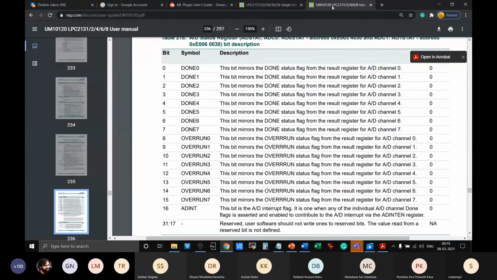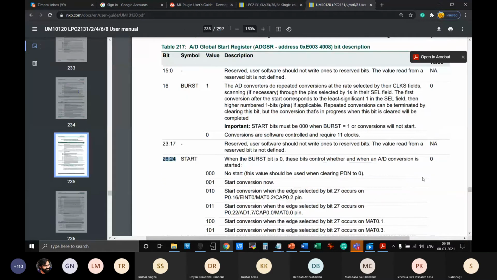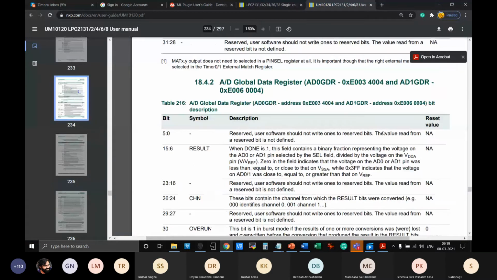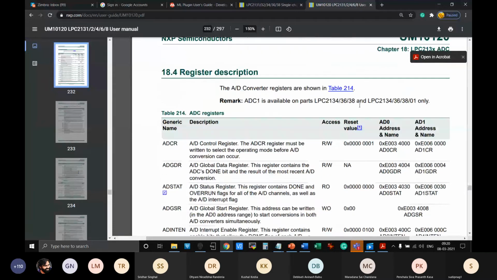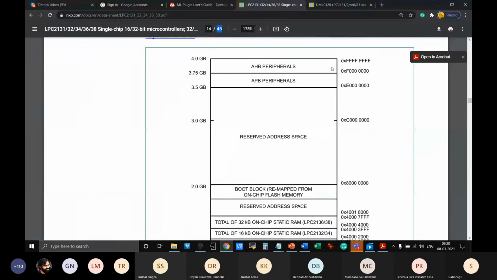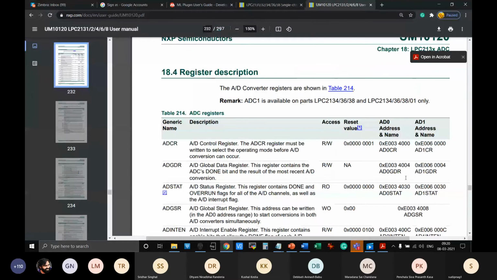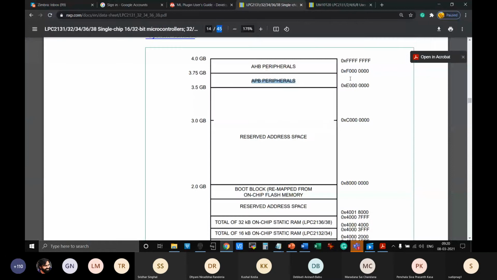some memory locations, right? Look at the memory locations here in this diagram or in this table. So ADCCR, this control register, has an address starting with E something, right? Look, this E something is the APB peripherals. So this is how it is linked. You have to find that link, that the special function registers for the ADC or GPIO or even all other peripherals are all mapped within these APB peripherals.